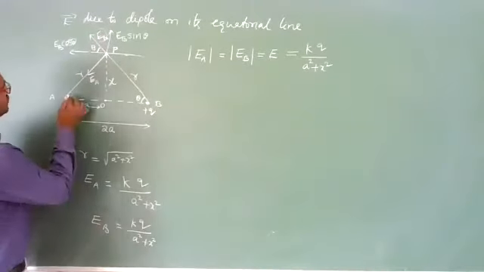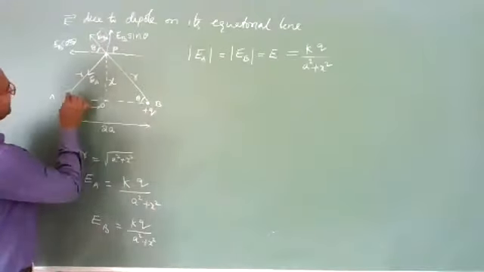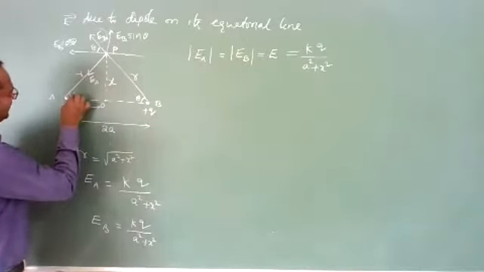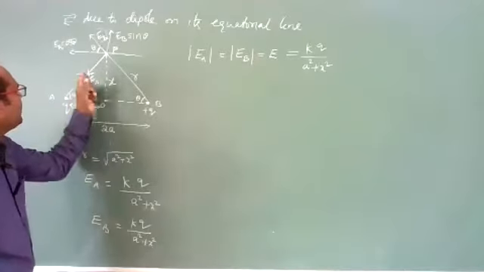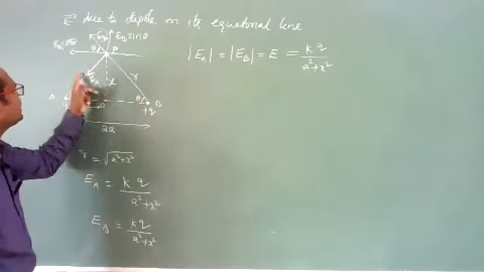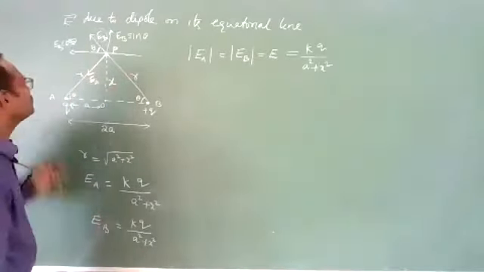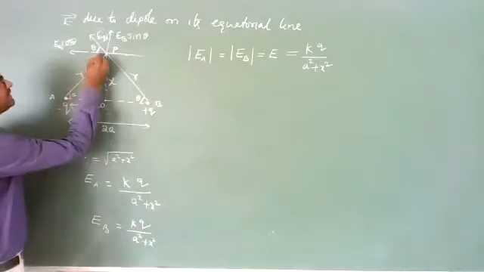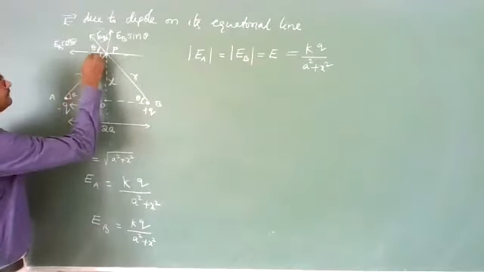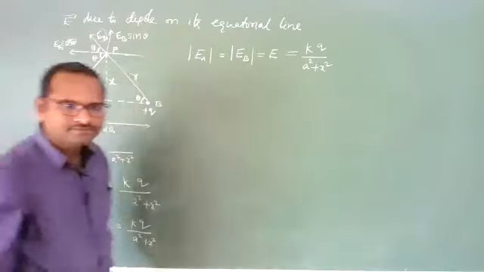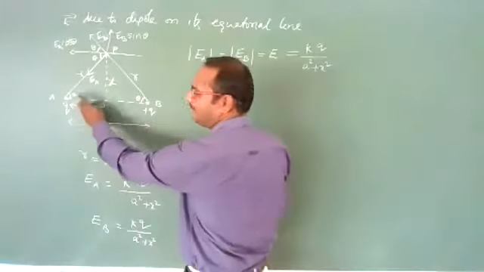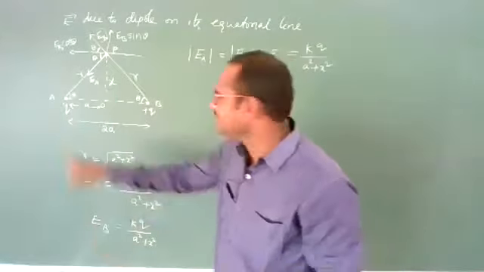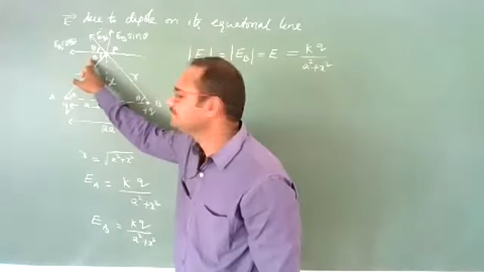Let us suppose this is angle theta. This also should be theta because the distances are equal. The a distance, x distance, r distance are equal. Then this angle also should be equal. If this is theta, then this is also theta. Are you getting what I am drawing? What angles I am taking? This also let us consider theta. If this is angle theta, then this is also angle theta.